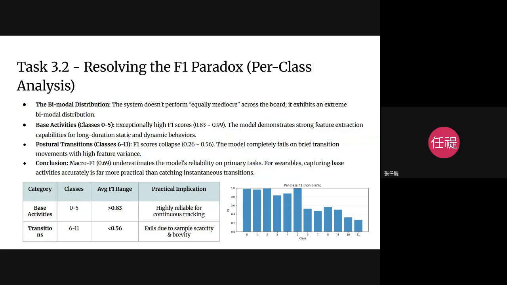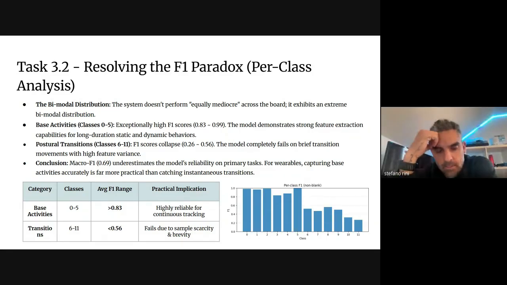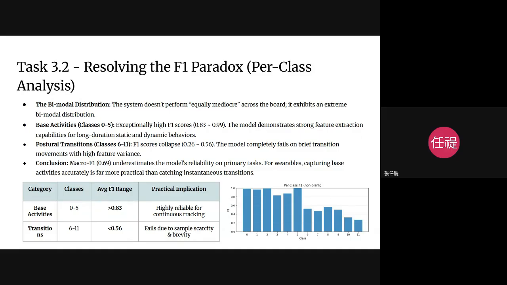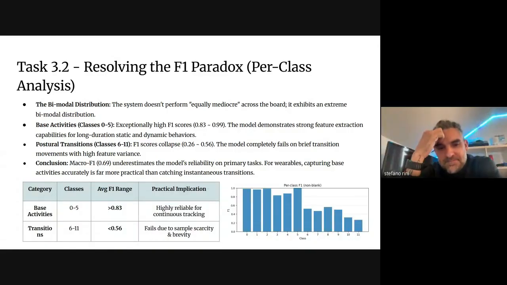Wait for me a moment. Let me ask you then, do you wear any wearable device? Do you have any wearable? No. You don't have a smartwatch, you don't have a band? I don't have. Do you feel like buying one now that you saw how it works? No, no, because